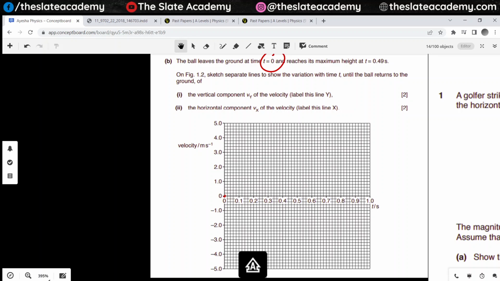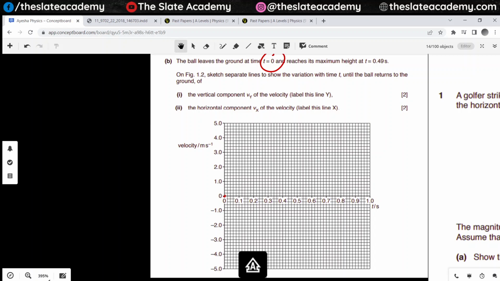Sketch, show the variation with time t until the ball returns to the ground. How does the vertical component of the velocity change, and how does the horizontal component of the velocity change? So we have to draw two lines, and for each line we'll have to show how these components of the velocity change. Let's do the horizontal component first, because if you remember, for the